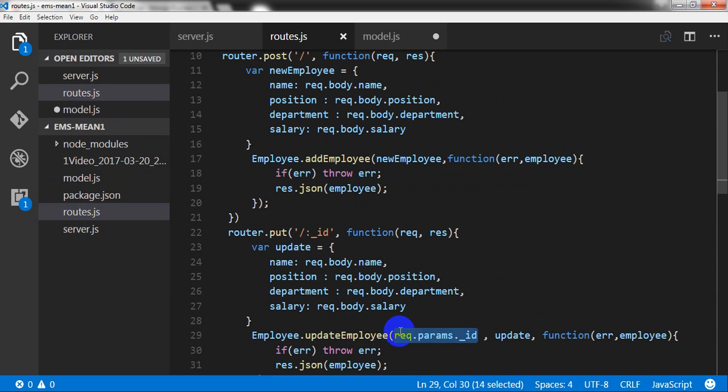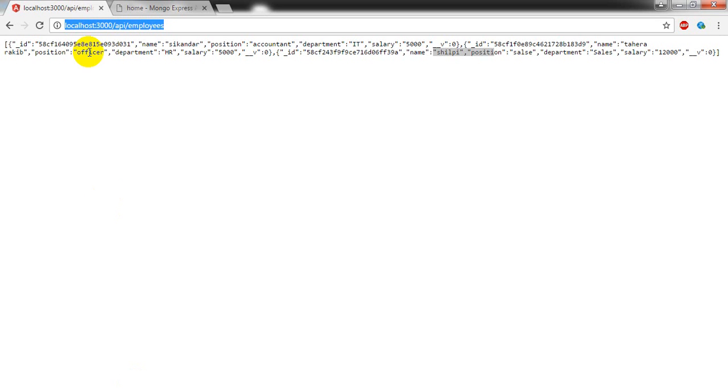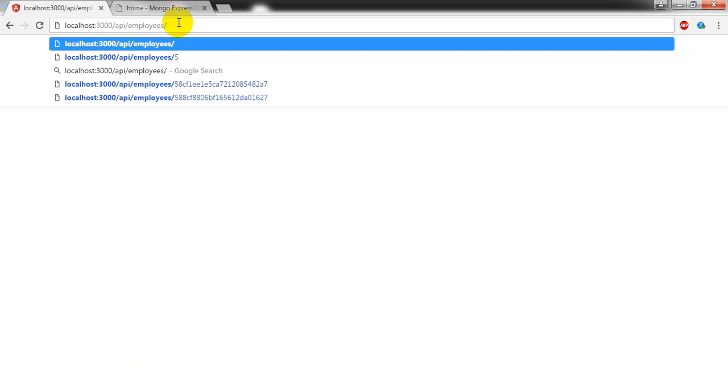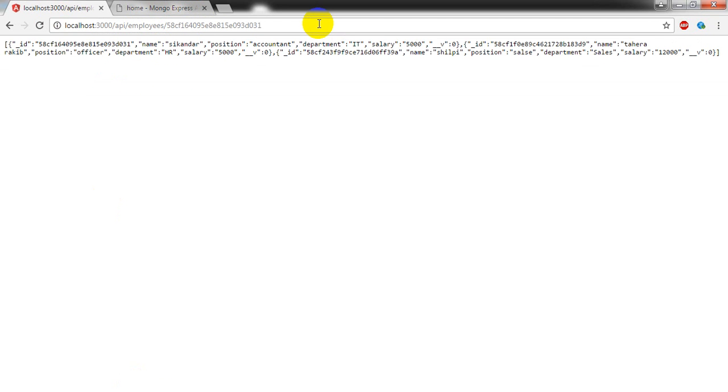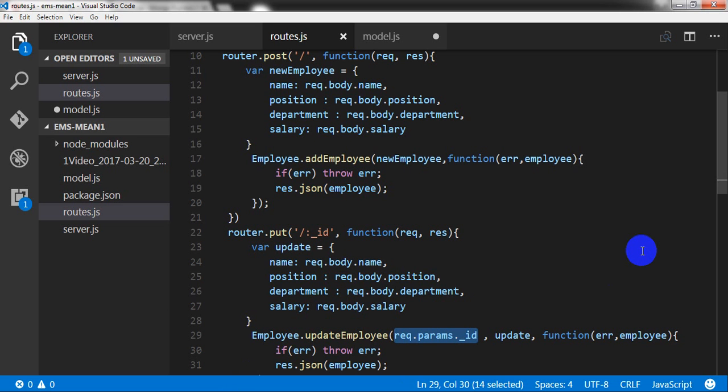So it is getting the ID from the route parameter. For example, if I give it in this way, like slash this, it will show the specific record. This is the parameter of that thing. Okay, so